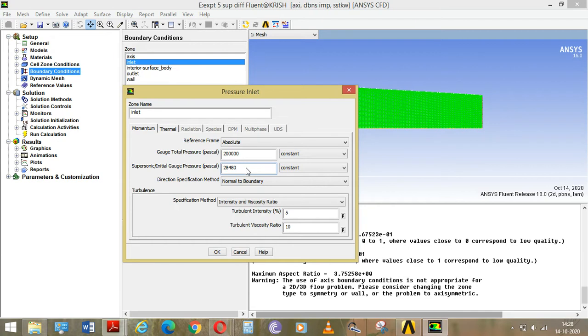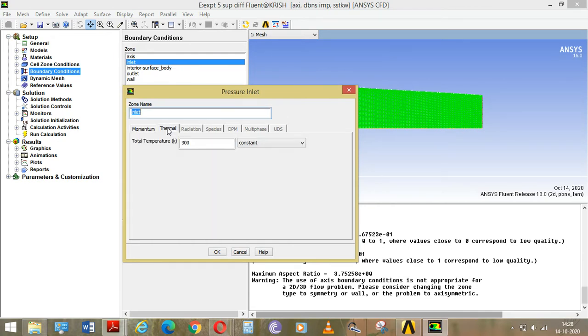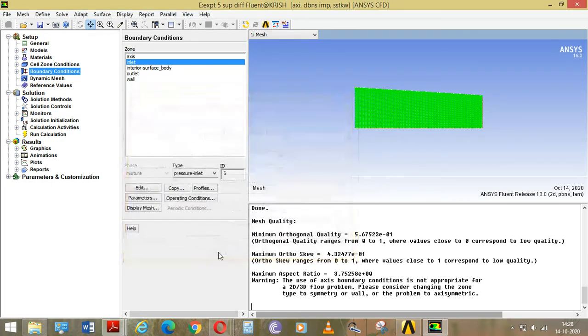It's not 2.8 bar, it's 0.2848 bar. And temperature is 300 Kelvin, total temperature. You say okay. Now outlet,